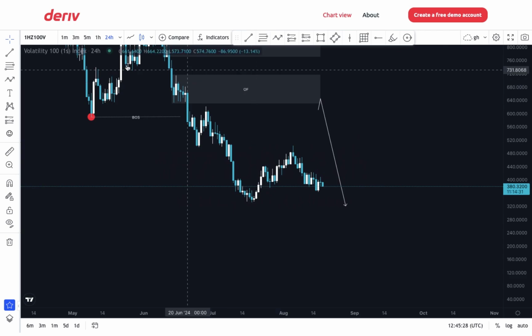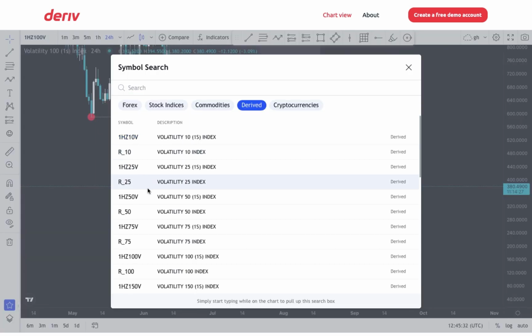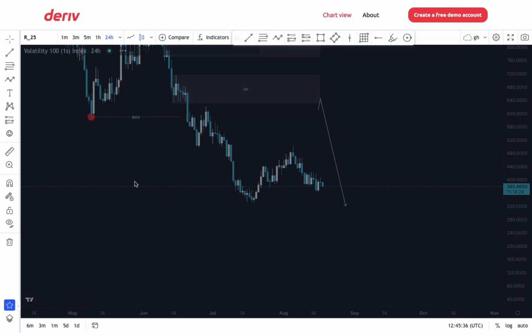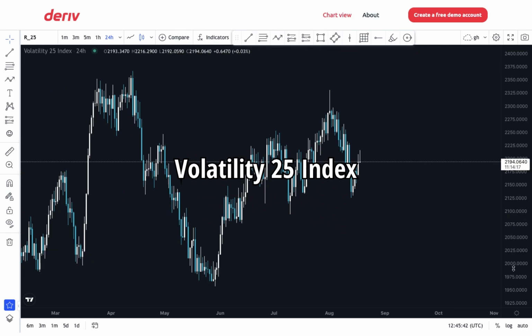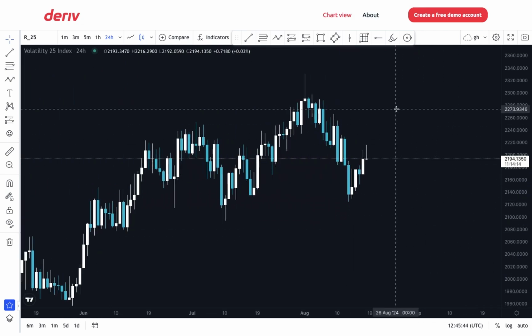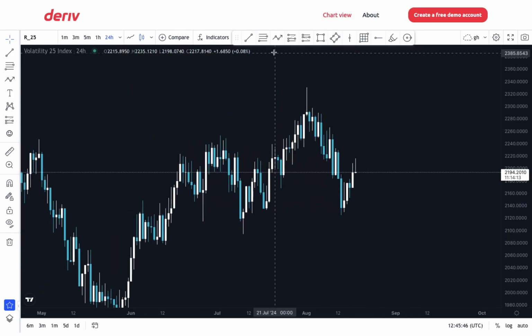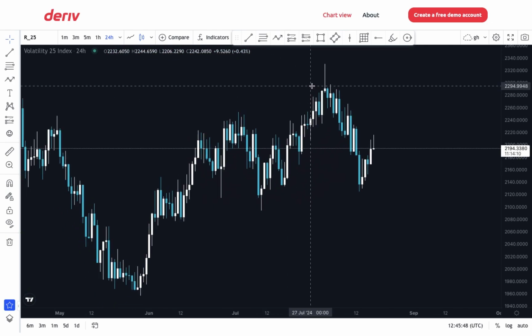All right, so let's go to another index and let's make more discovery. So let's say we want to go on 25 index. So this is VIX 25, and we want to focus on the current side of the market to see why the daily is looking like so. So for those of you who trade price pattern,